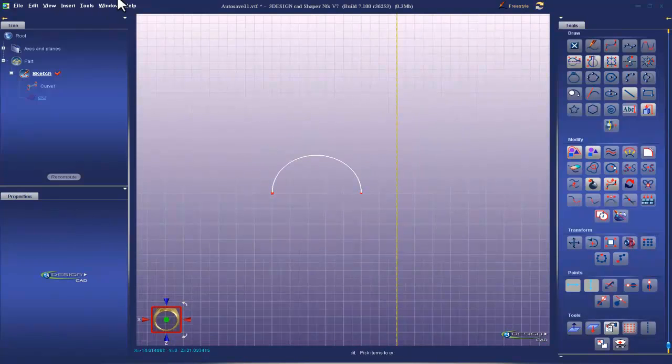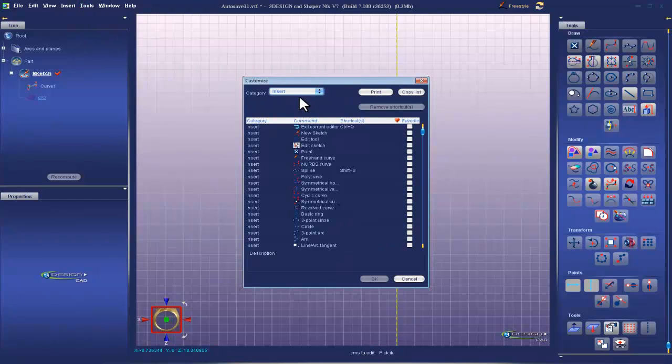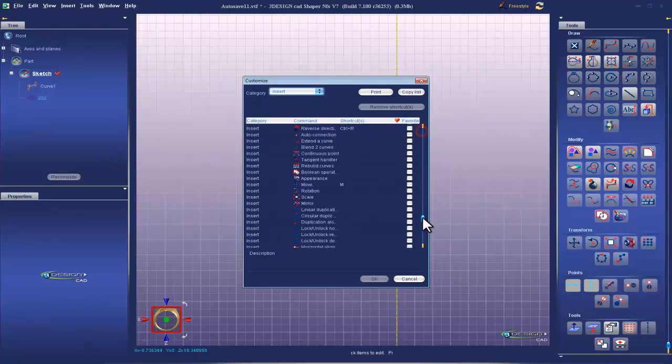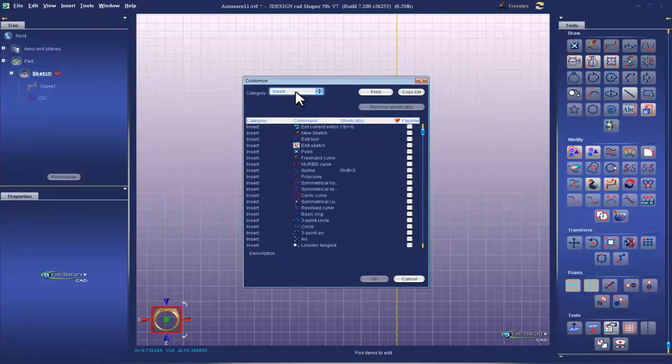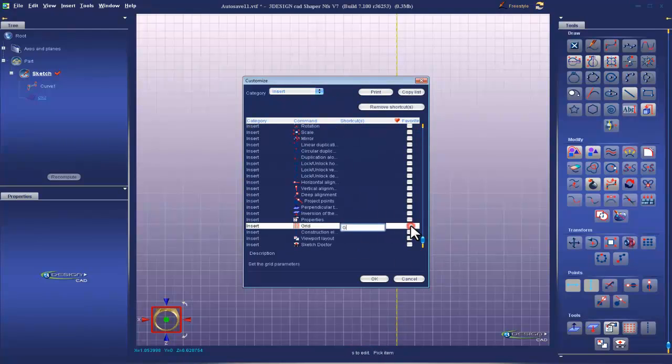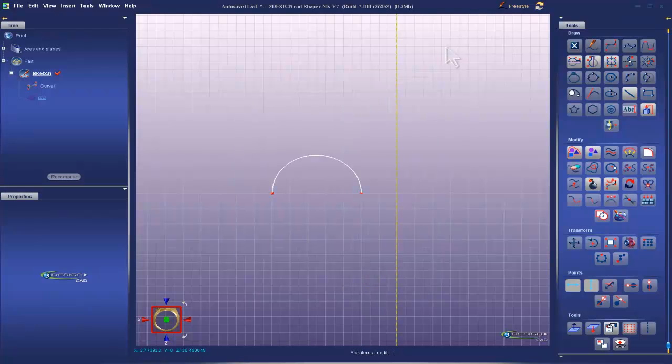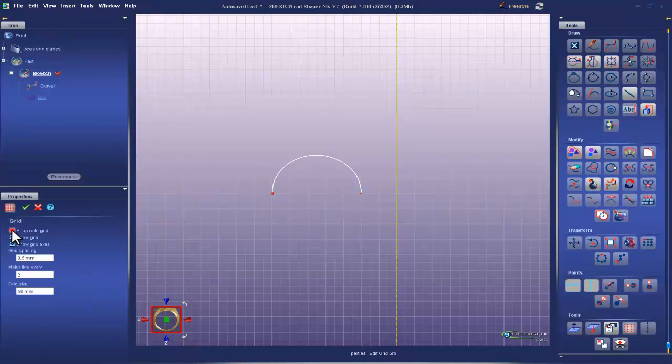This segues right into the customization. Under Tools, Customize, you'll see a list of all of the tools in 3DESIGN come up. If you're under Insert as the category, all the way down at the bottom, you'll see Grid. I'm going to check mine, and I'm going to enter the letter G and hit OK. Now, if I want to bring up my grid tool, all I have to do is hit the letter G. Turn my grids on, snaps, hit G, turn my grid off,